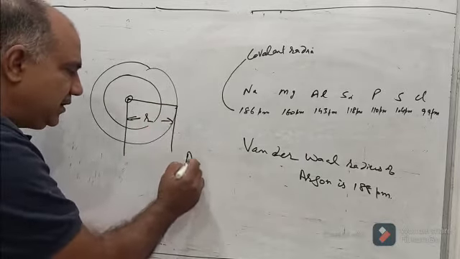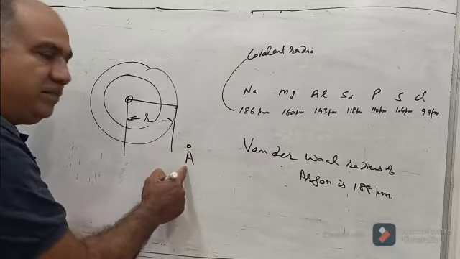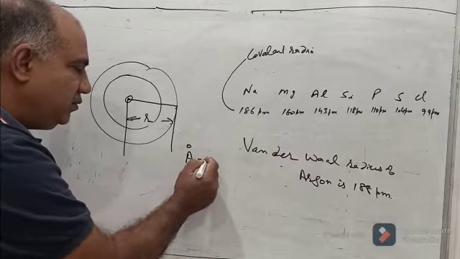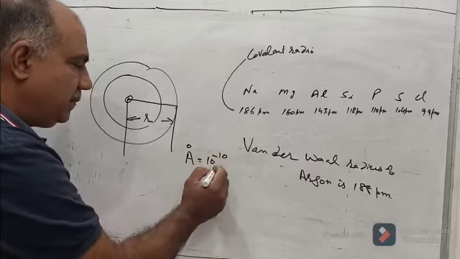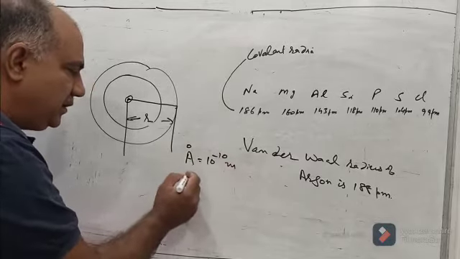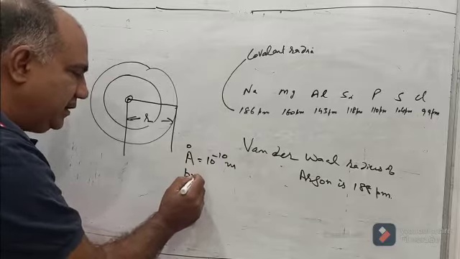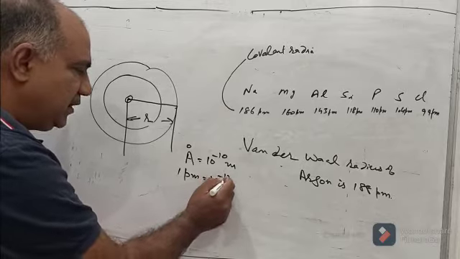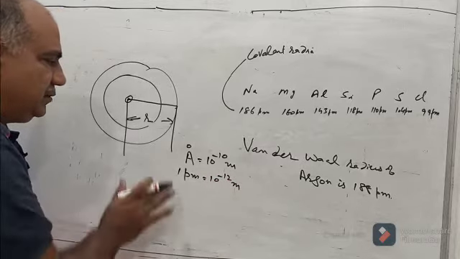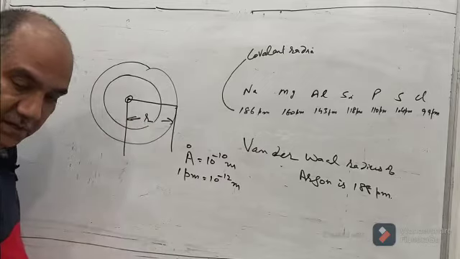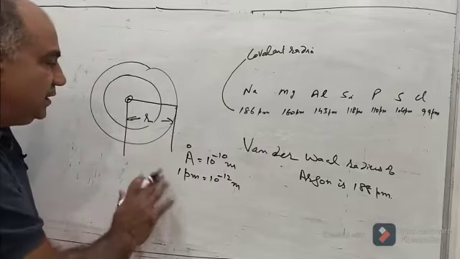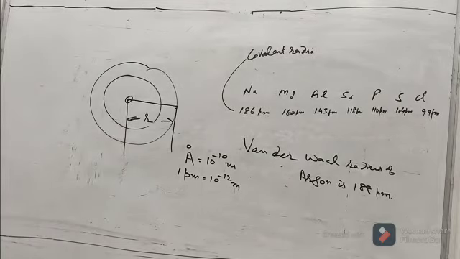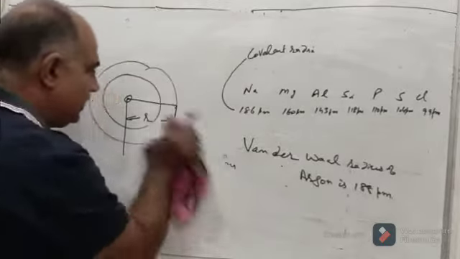Usually it is measured in the unit angstrom, and 1 angstrom is equal to 10 raised to power minus 10 meters. Also it is measured in terms of picometer, and 1 picometer is equal to 10 raised to power minus 12 meters. So that was all about what the atomic radius is. And now we will see how it varies from left to right. Why should it vary? So that we will see.